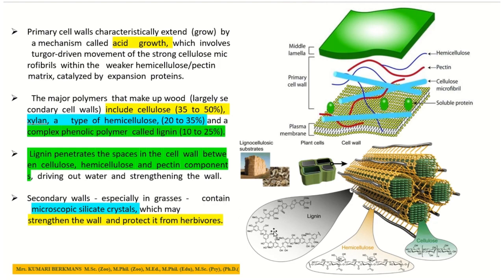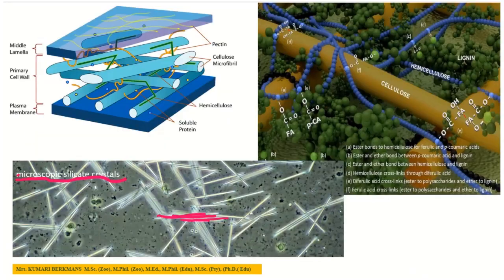And where this lignin is present, you can see here clearly: this is the cellulose microfibril, this is the hemicellulose, and these are the lignin molecules which occupy the space between the microfibrils. And what you are seeing here are microscopic silicate crystals. These crystals are present in grass leaves. These crystals prevent herbivorous animals from grazing